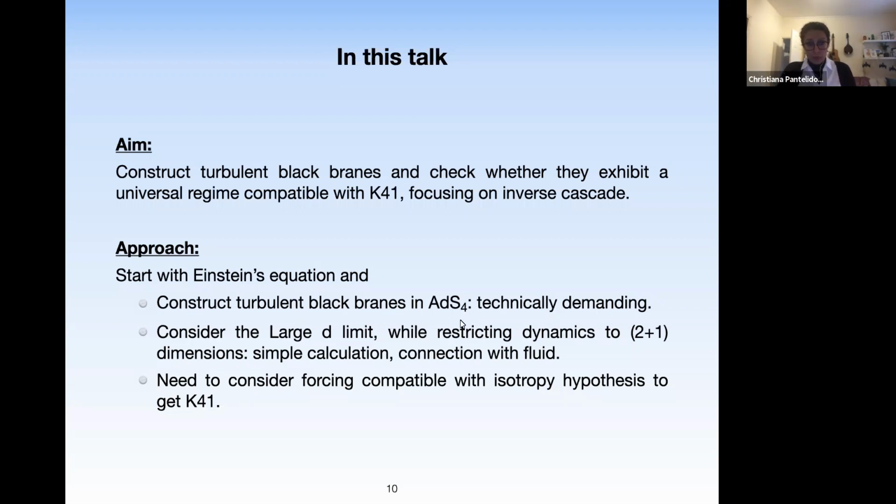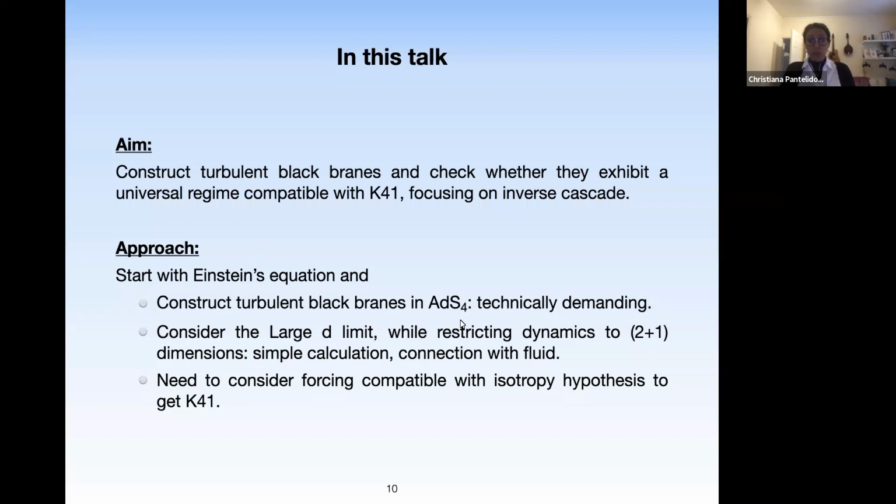But unfortunately, this problem is technically very demanding. You have no symmetries, so all the components of the metric will be turned on. And not only will they turn on, but they will also depend on all 4 bulk dimensions. This in principle can be done, but given that this was a proof of concept computation, we wanted to have as much analytic control as we could. And this is precisely why we turned to the large D limit.